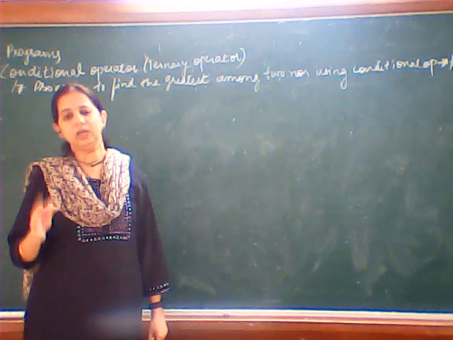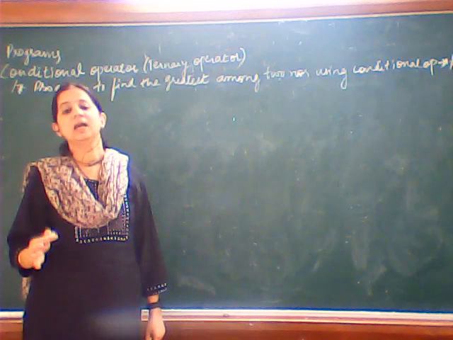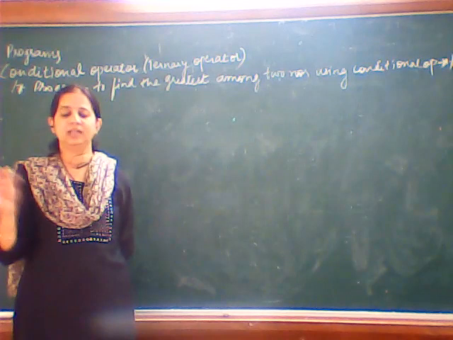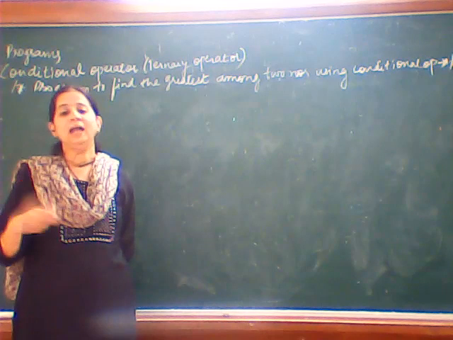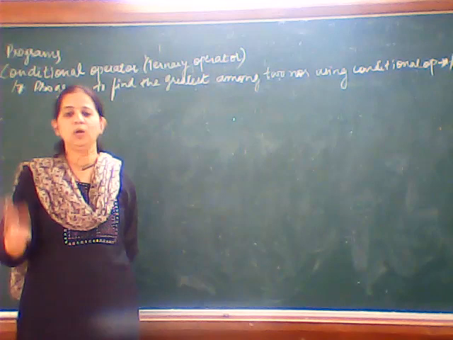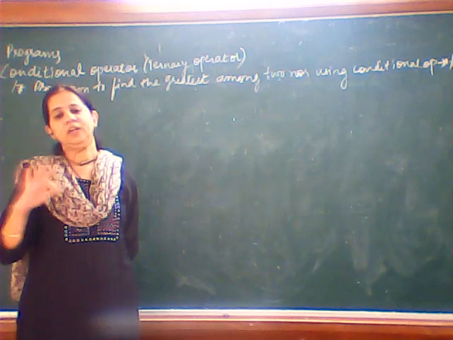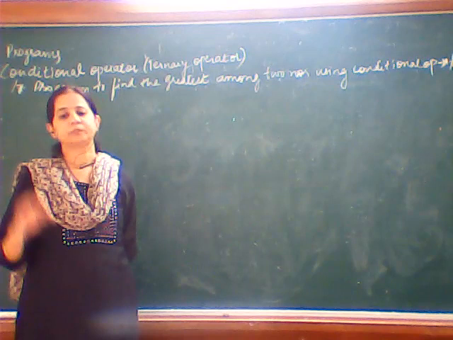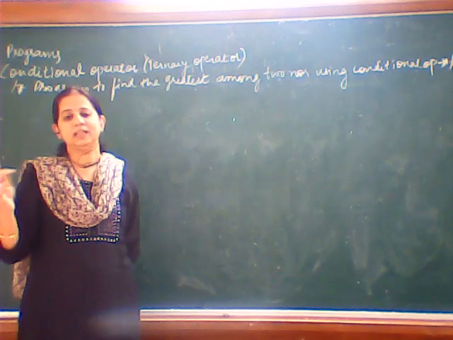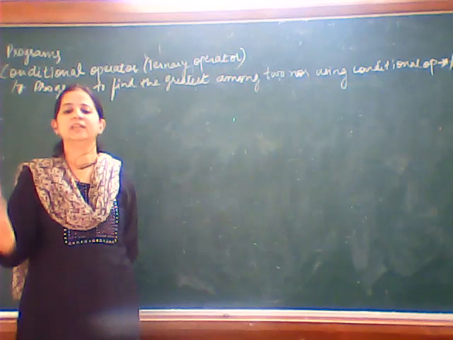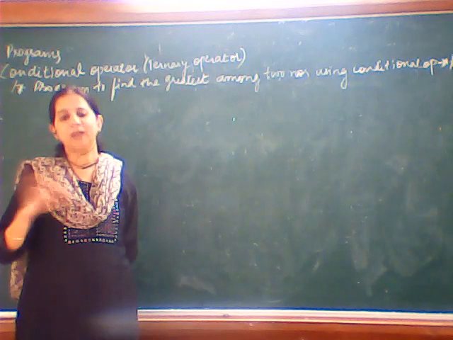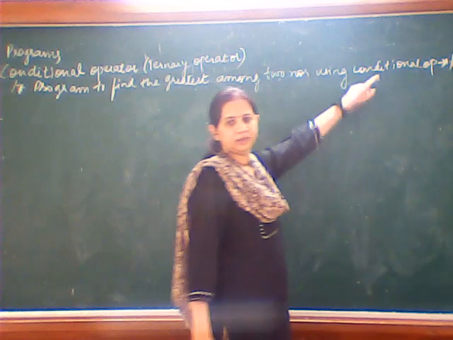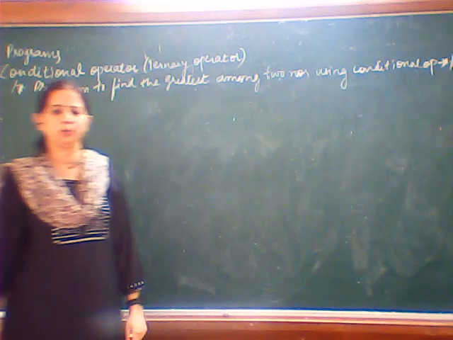But if the computer has to compare the 2 numbers and then give us the answer, we can make use of the greater than operator, that is the relational operator, to compare 2 numbers. And depending on whether A is greater than B or whether B is greater than A, we can make use of a conditional operator and write a conditional statement. That is, if A is greater than B, we want to output A, otherwise we want to output B. So one out of the 2 we want to execute, that is why we can make use of the conditional operator. We will see how to write a program for this.